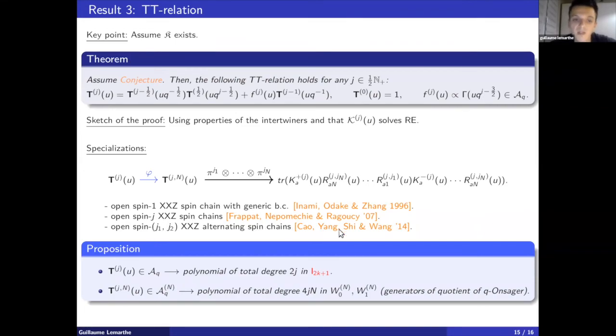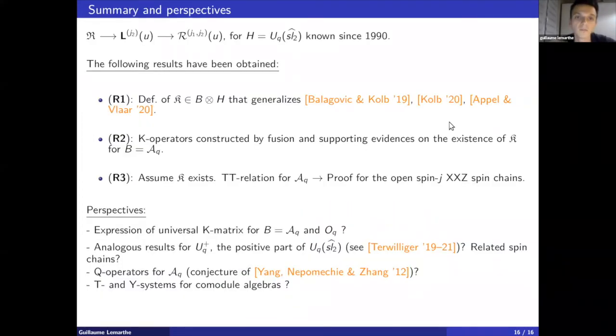the alternating spin chain. So a consequence of this Tj relation is that you obtain Tj of U in AQ as a polynomial of total degree 2j in the I to k plus 1, and the Tjn of U in AQn will be some polynomial of degree 4jn in W0n and W1n, the generators of the quotient of q-Onsager. And here's some summary and perspective. So I think I can stop here